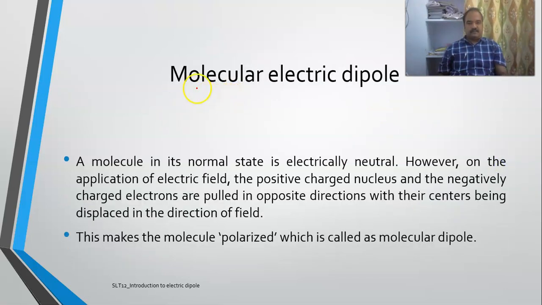Now we will consider an atom first, rather than a molecule. An atom is basically a combination of a nucleus, which is present at the center, and electrons. The nucleus will be present like this. It consists of protons and neutrons, right? The protons are positively charged particles, whereas the electrons will be revolving around in different orbits. So the electrons are spread out in different orbits around the nucleus. Under normal conditions, the charge on the electrons is equal to the charge in the nucleus. So under normal conditions,